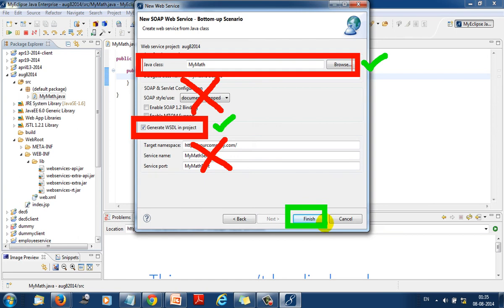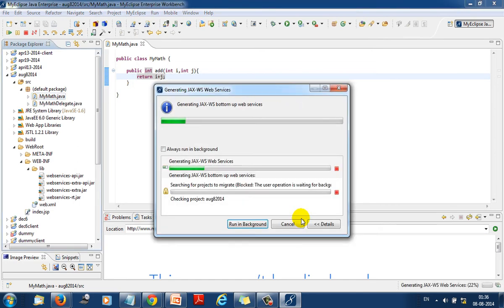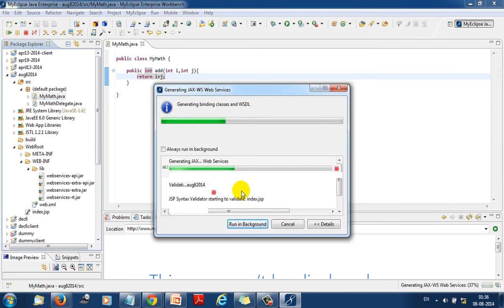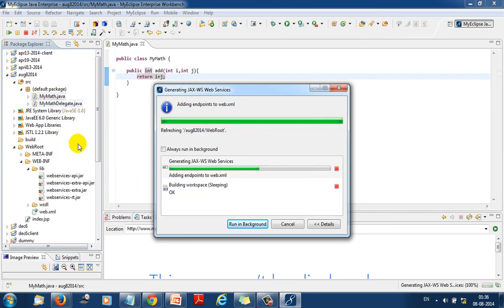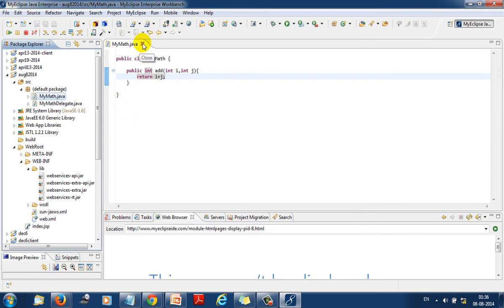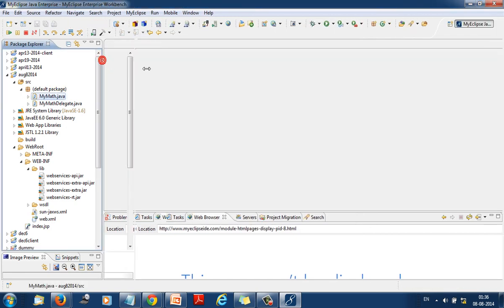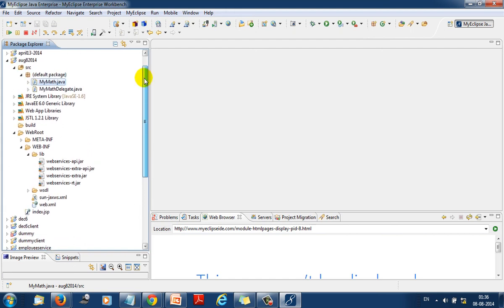With that, we have completed all the three steps. At the end of this wizard, you should be able to see all the web service artifacts getting generated. Now you see the web service JAX-WS related artifacts getting generated. As I told, it's a blind web service example. You don't have to worry or think about all these artifacts. I'll be explaining about these artifacts later.